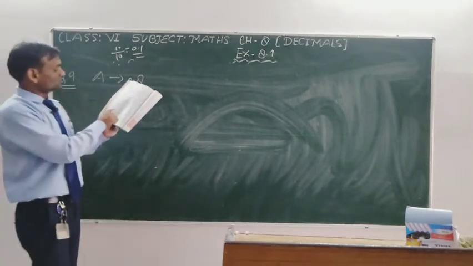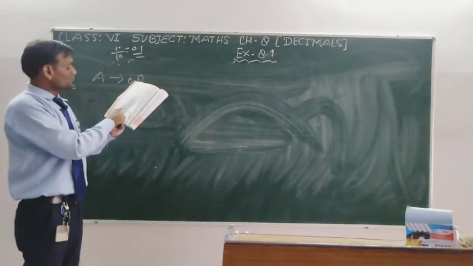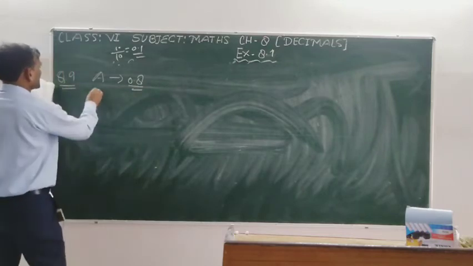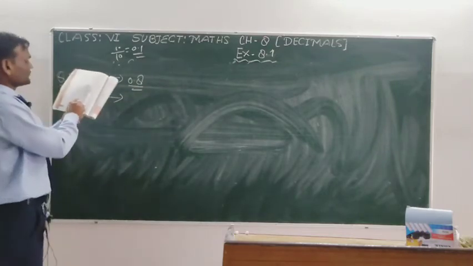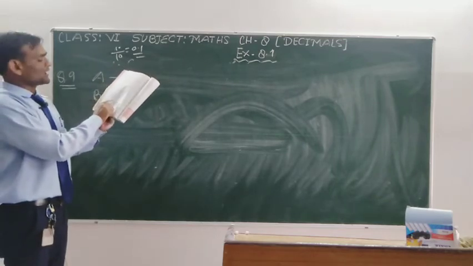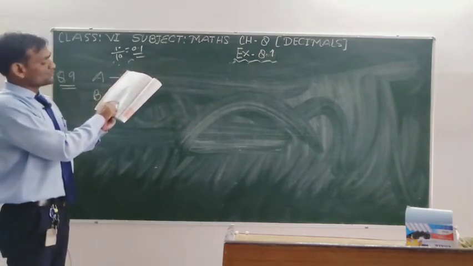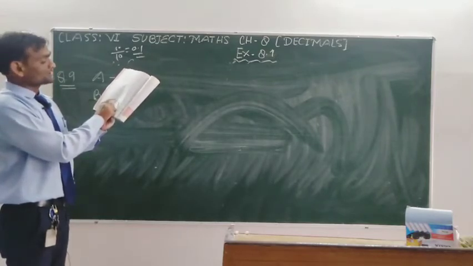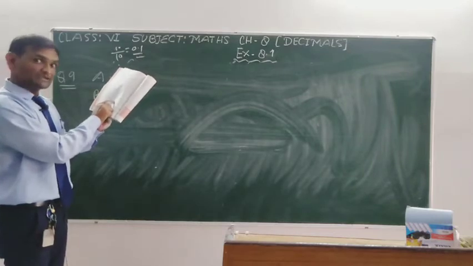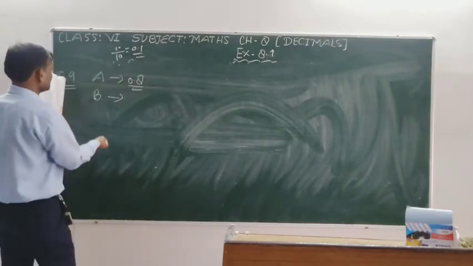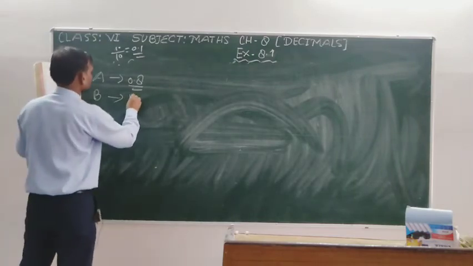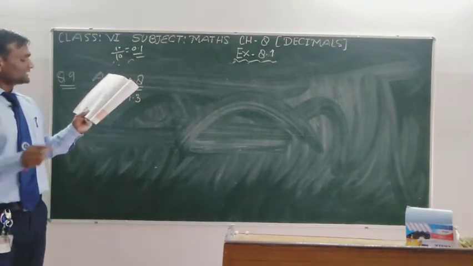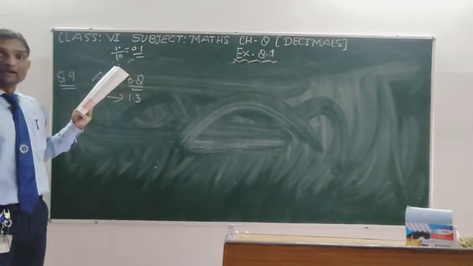In this way, you will count for point B. By which decimal number is point B showing? Point B is forward from 1, and 1 is a whole number. So the first part is 1.1, 1.2 and 1.3. On part 3, point B is marked. So for point B, you will write the decimal number 1.3. In this way, you will write the decimal number for point C and point D also.